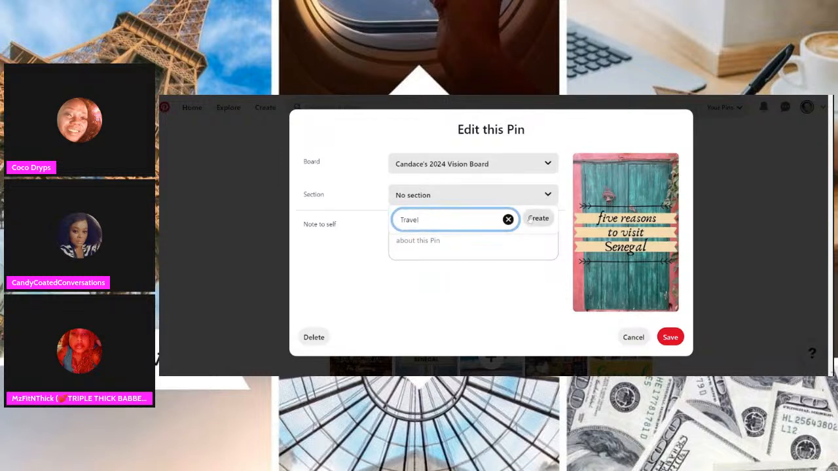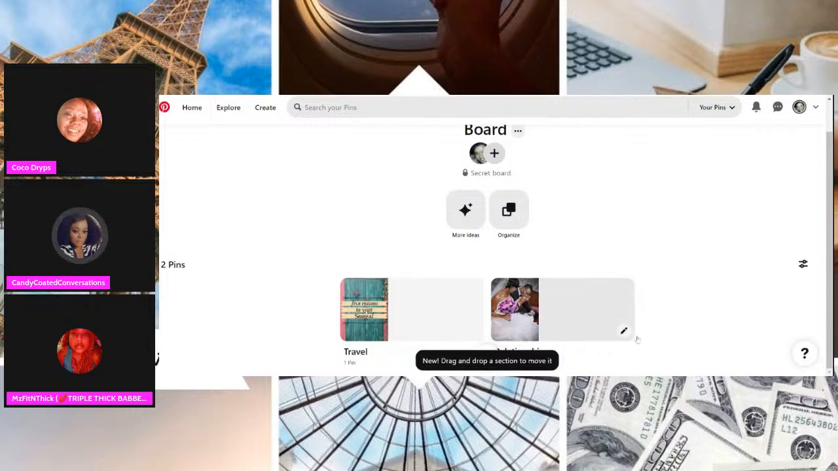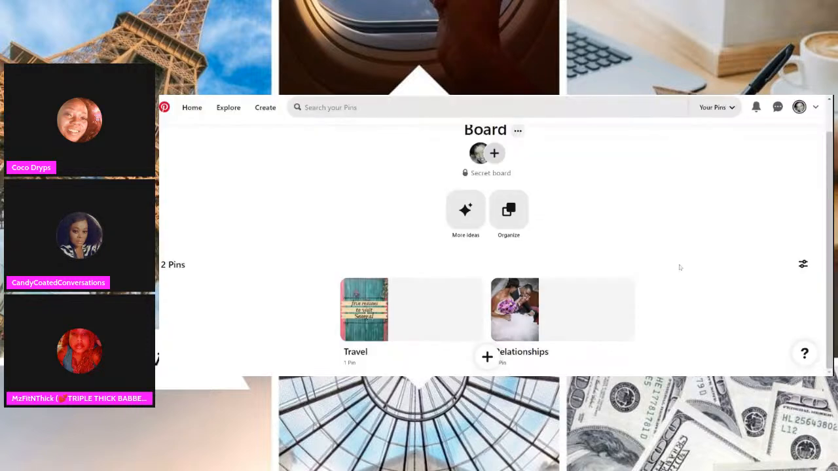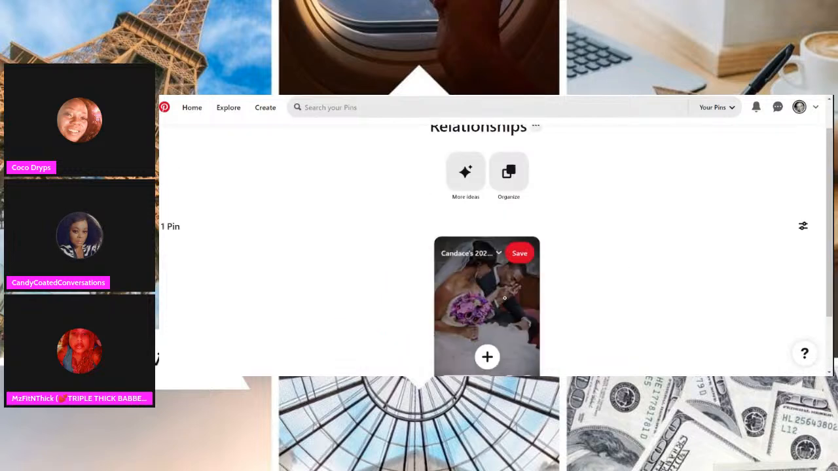Hold on. Travel, create, places I want to, hold on. Is there a space there? Oh yeah. Travel in 2024. Okay, then save. And I'll go back to this one and I'll add on to it. No, save, cancel. I wanted to put